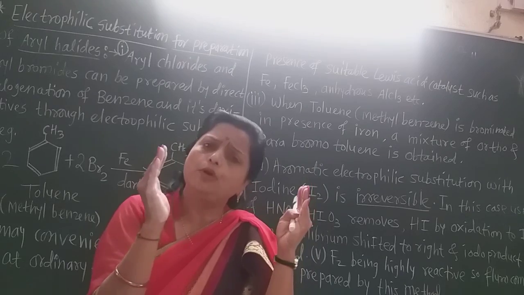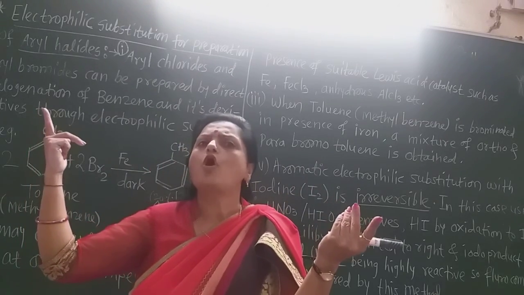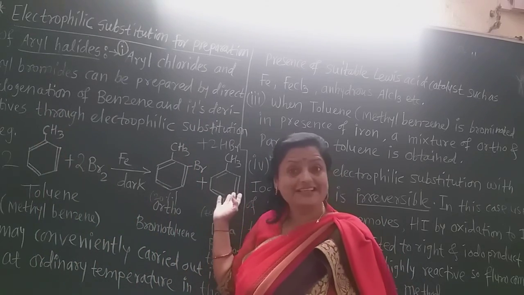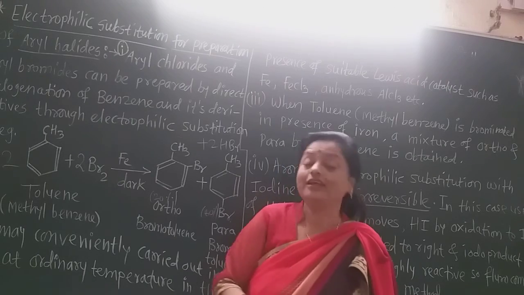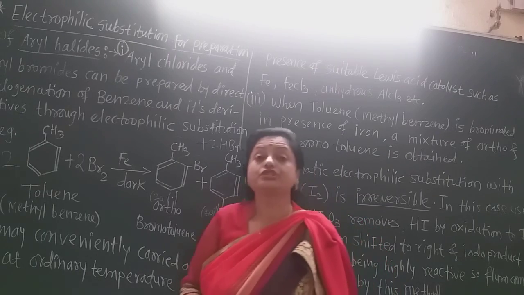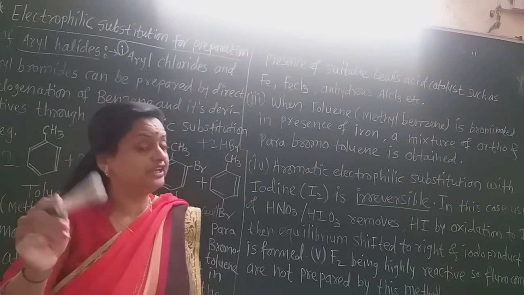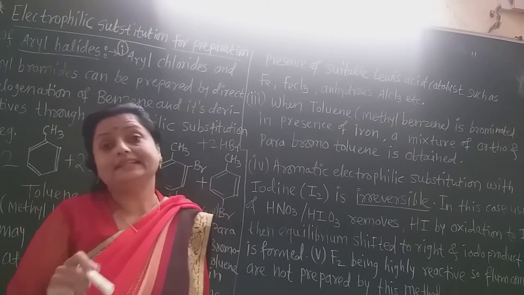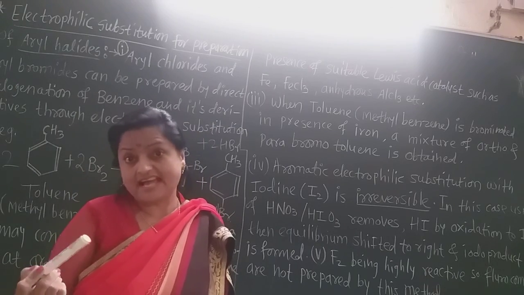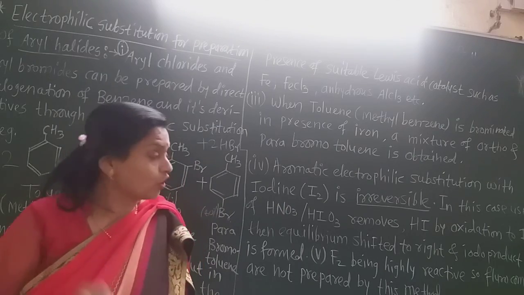As there is the blockage of the HI formation, what is there? No reverse reaction can occur. We directly obtain the product because HI does not react with this, as HI gets blocked. We must use nitric acid and hydroiodic acid. This is very important, students. And then we obtain the aryl iodides. In that case, direct iodination is not suitable and direct fluorination is also not suitable for this reaction.